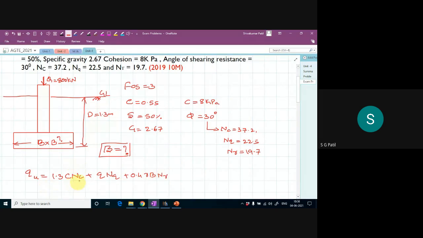Nc, Nq, N gamma I know, and c also I know. So q also I can find out because depth I know, and unit weight. Have they given unit weight? Unit weight they are not given, right? So how to find out the unit weight? Because to calculate q I need a unit weight, and even gamma is here. This is also not known. So how you can find out the unit weight?